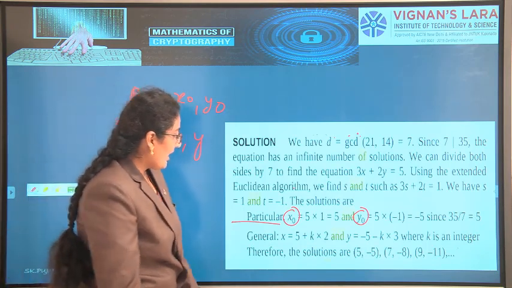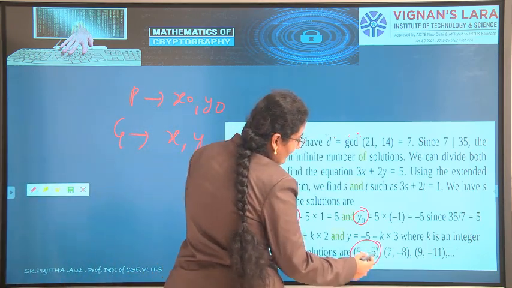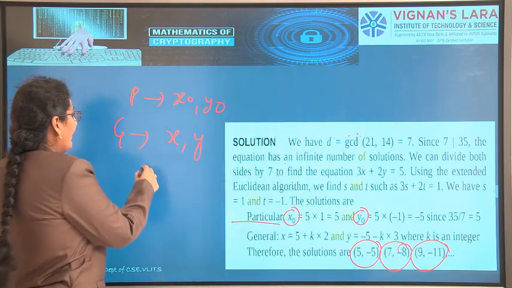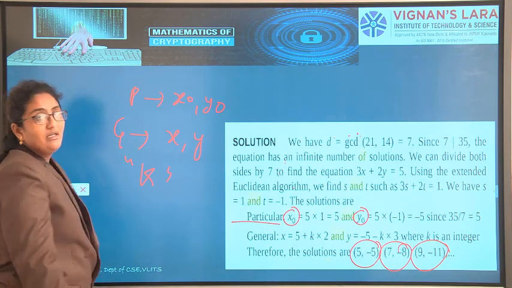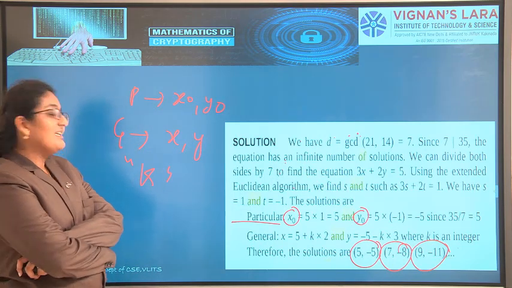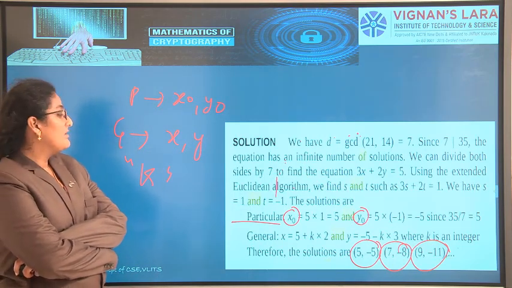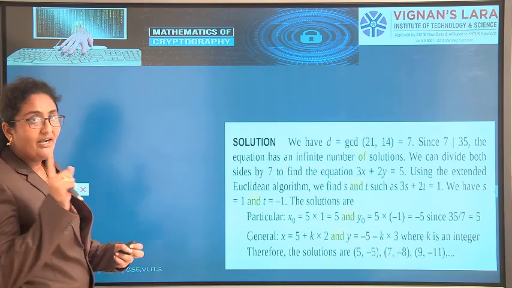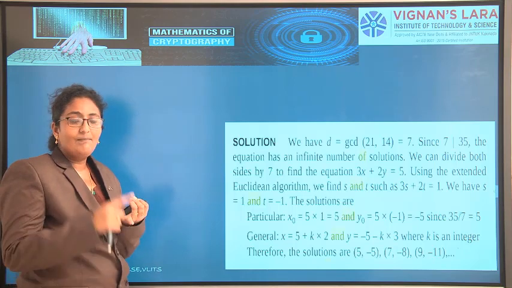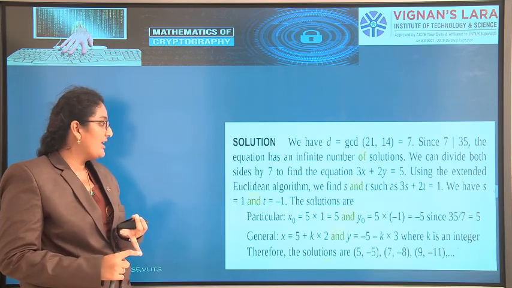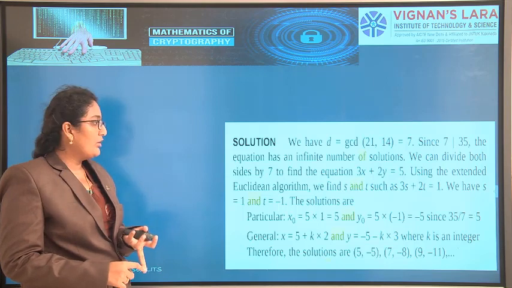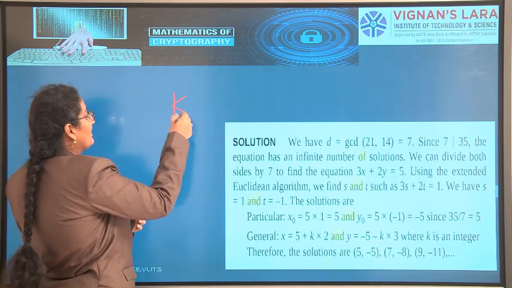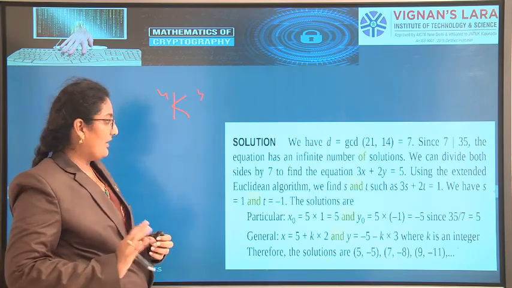See here, x comma y can be 5 minus 5, 7 minus 8, 9 minus 11 and so on. So k is not the single value. In linear equation, k is any integer, it is not a single value. So we are getting so many x y values. So you should understand, first performing Euclidean algorithm, next we are performing extended Euclidean algorithm. Now the solution can be calculated from all these things. K is an integer, we don't have a particular answer for k.